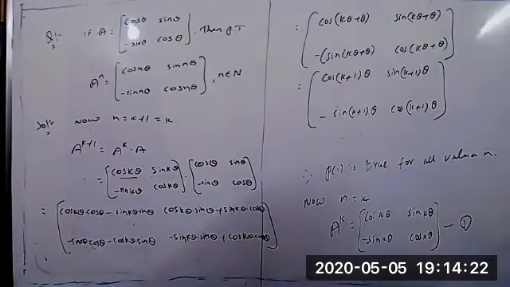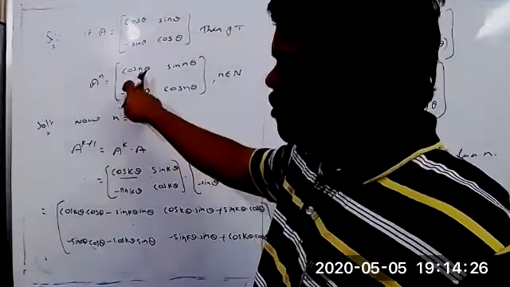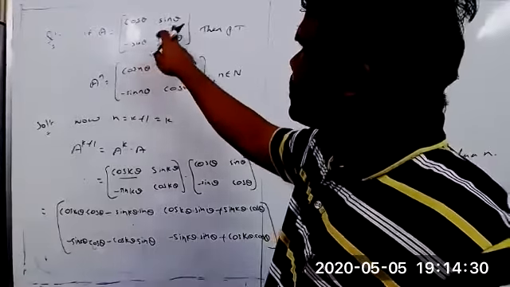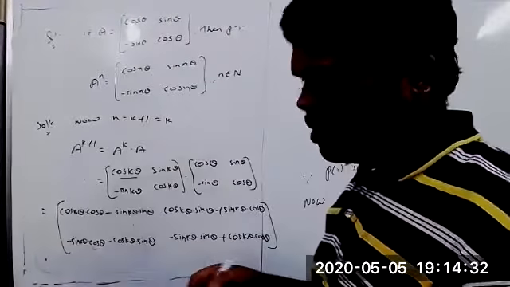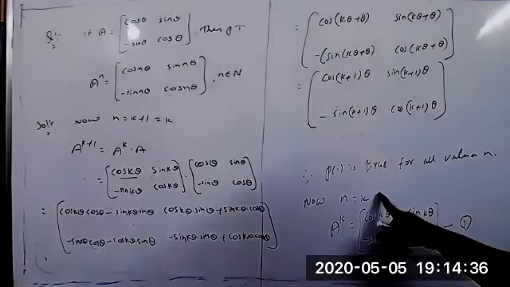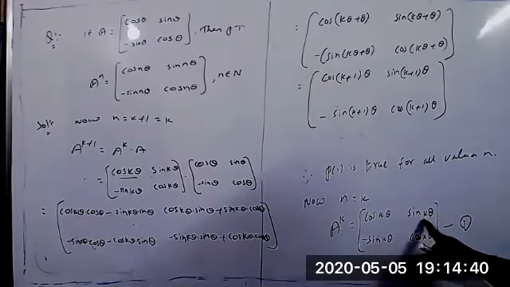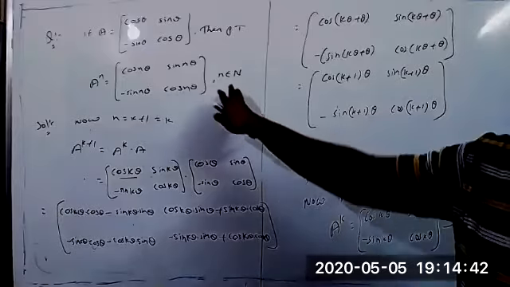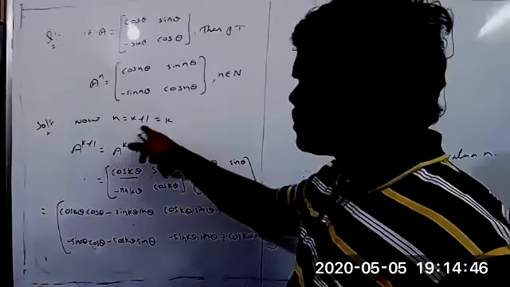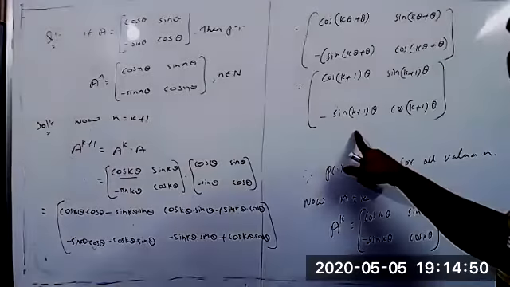Now clearly once again observe this condition. When we are taking n equal to 1, what value do you get? A equal to the same matrix we got: A equal to cos theta sin theta minus sin theta cos theta. But when you are taking n equal to k, then A power k equal to cos k theta sin k theta, the same thing, in place of n. The same when you are taking n equal to k plus 1, we got the same condition again.